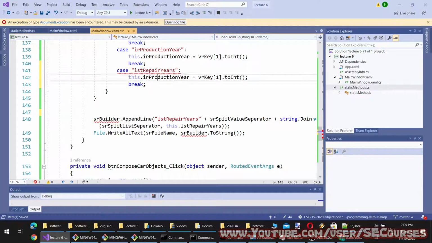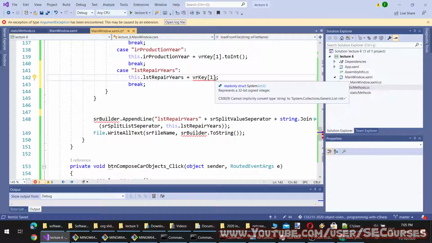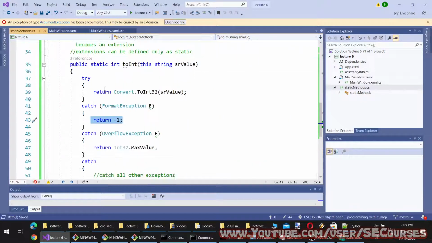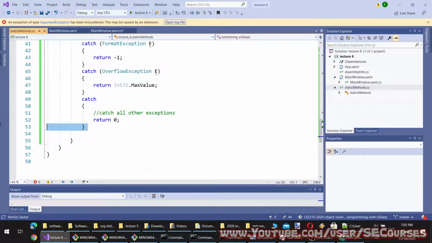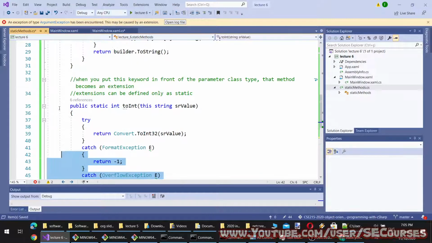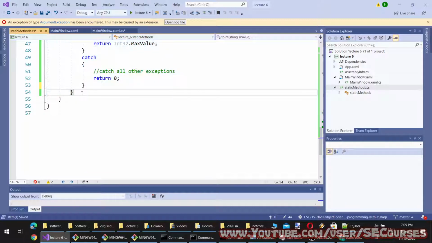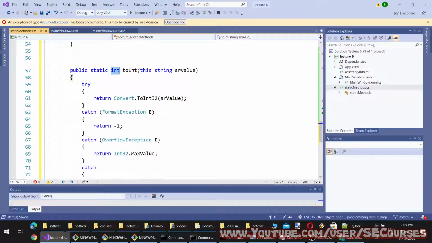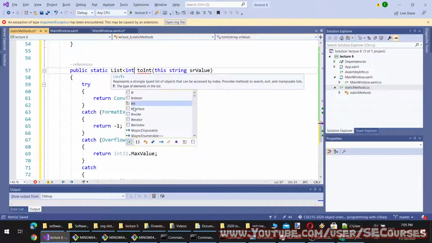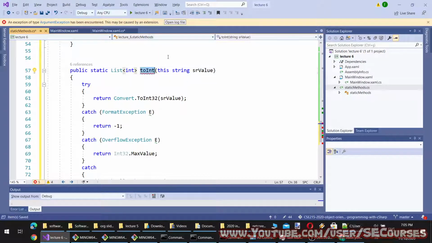the years list. Okay. So what I am going to do, this wouldn't work because this takes a list of integers. Therefore I have to convert this into a list of integers. So I'm going to write another extension method like this. It will be list integer, ToIntList, let's say.